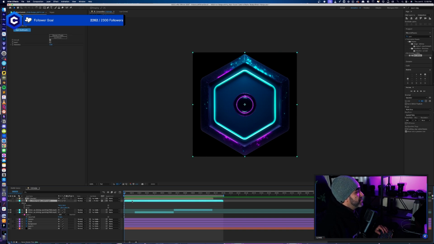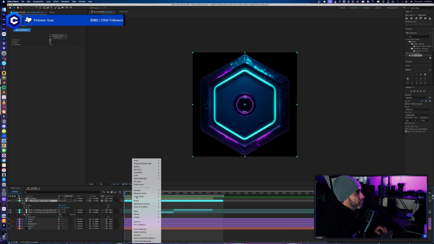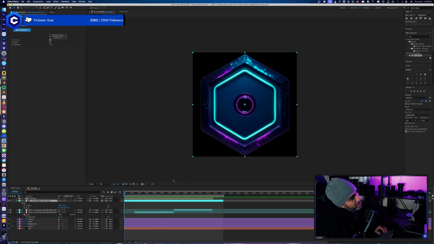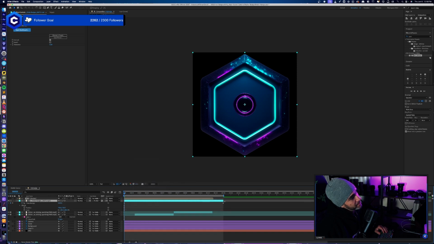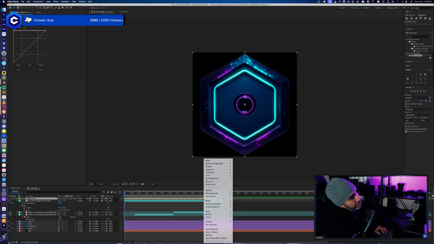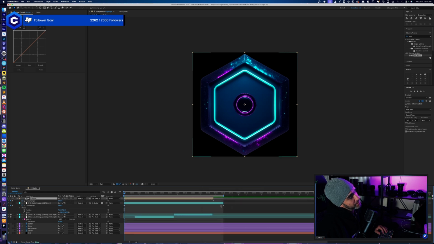Shutter, Civitai Badge. Okay, we're going to go time remapping, and let's drag this out to, wait, we got it. That means we have to time remap this one too, the mask. Time remapping, and okay, this might be a little bit of a pain to do, but we're going to try. We're going to drag this out to about 1.8,